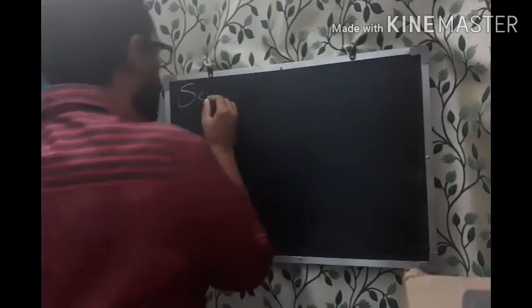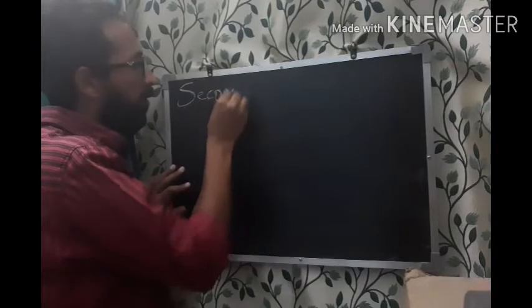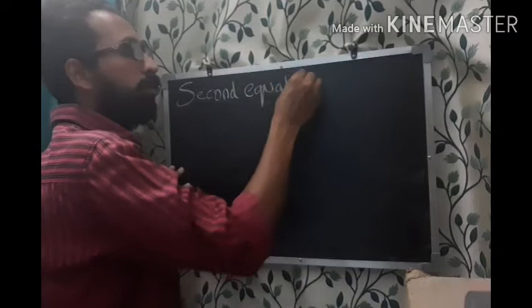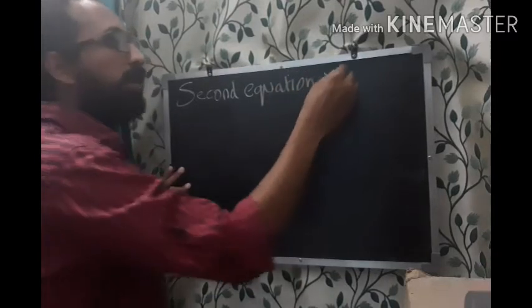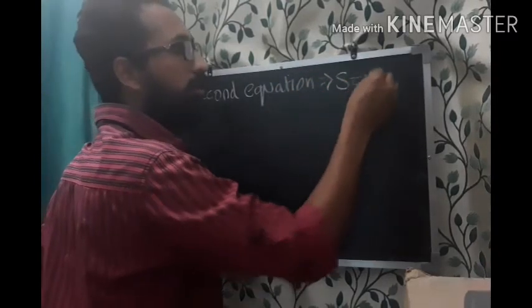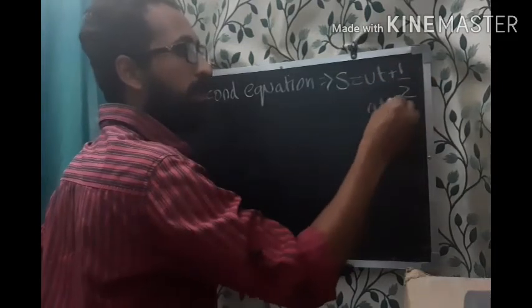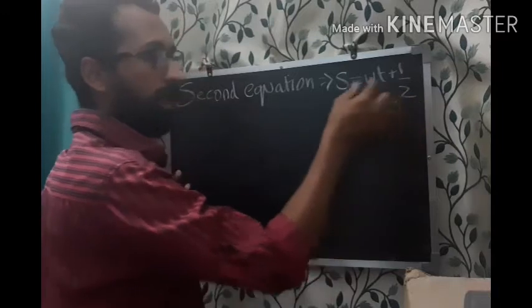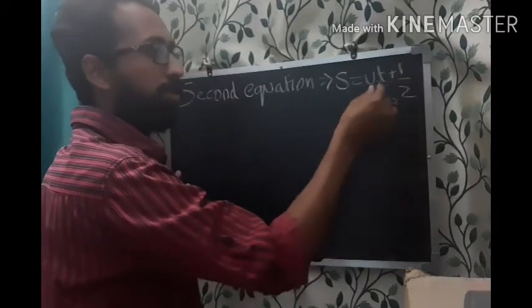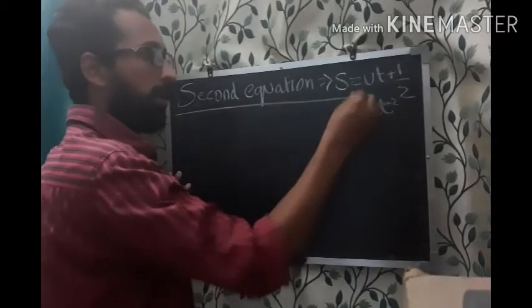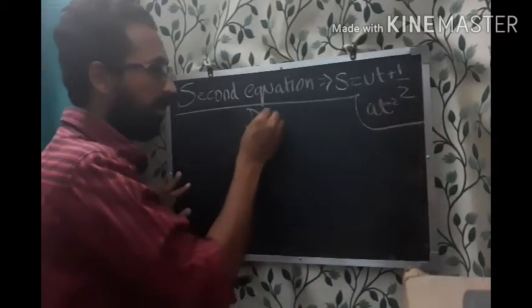Now let us derive this second equation of uniformly accelerated motion. The equation is s is equals to ut plus half at square. ये एक साथ है half at square. S is equals to ut plus half at square. This is the equation. Now the derivation is